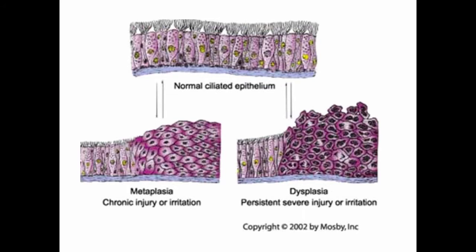So metaplasia is adaptive. It's trying to adapt to this persistent injury, but it reduces the function of the tissue, and it increases the likelihood of mutagenesis and cancer. Dysplasia, on the other hand,